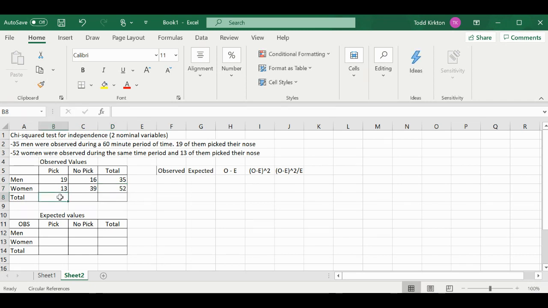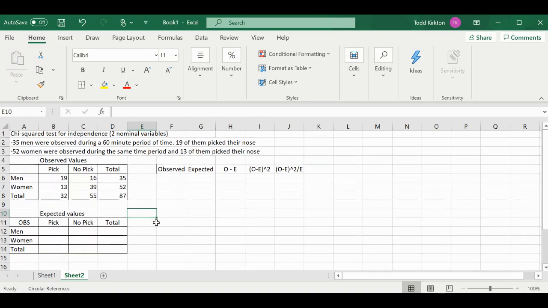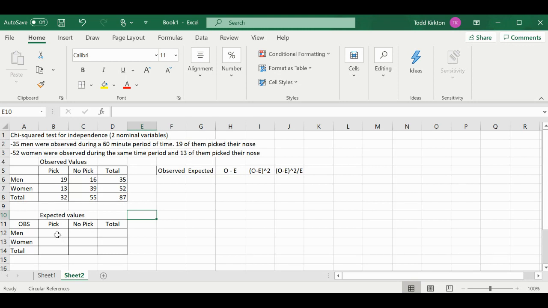So if we add going down, we get 32 and 55. Both of these should be the same, adding up to 87. So there's 87 in our group. N is 87. Okay, so it's plenty big for a number. There's 4 cells. 4 times 5 is 20 should be your minimum numbers. 87 is plenty big. To get the expected values,